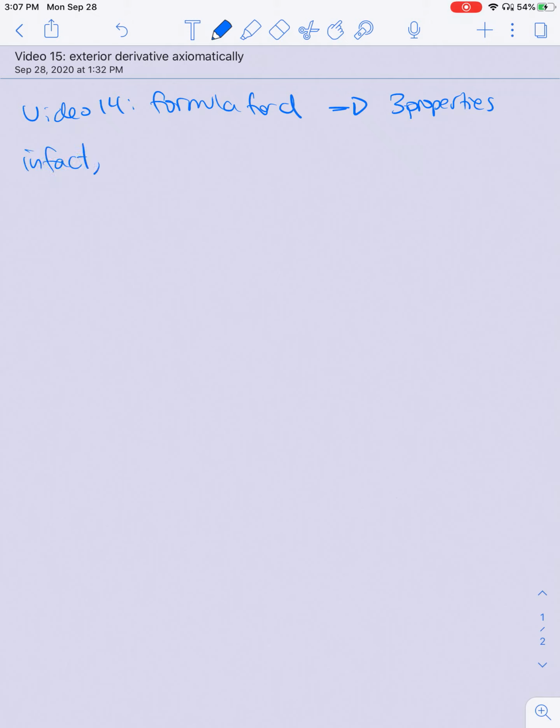In this video, we'll explain how the properties of the exterior derivative serve to define it uniquely. So in the previous video, we gave you a formula for the exterior derivative. So we got a formula for d using coordinates, and one of the four characterizing properties is part of the formula, and then the formula implied these three properties. And in this video, we're going to show that, in fact, if I want some operator satisfying the three properties,